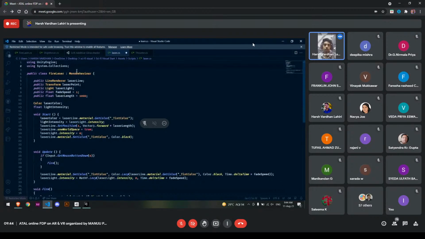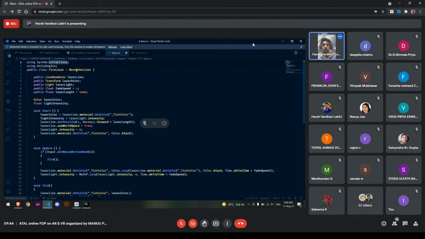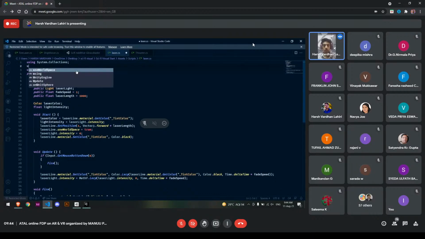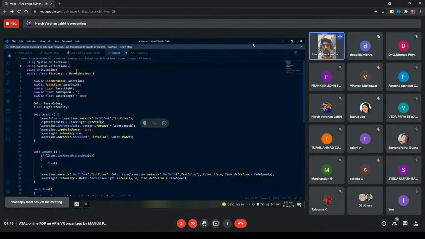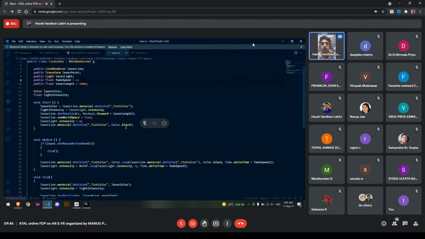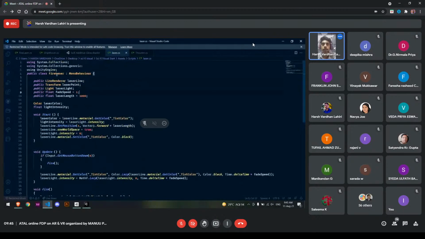And I'm also going to type using System. So here what we are basically doing is that we are creating a public class FireLaser which has a